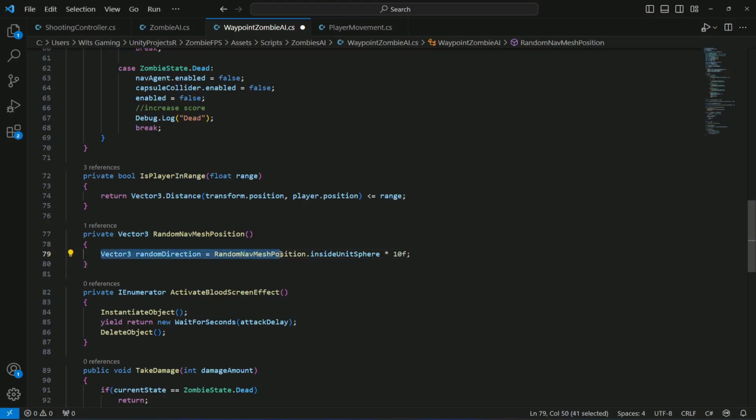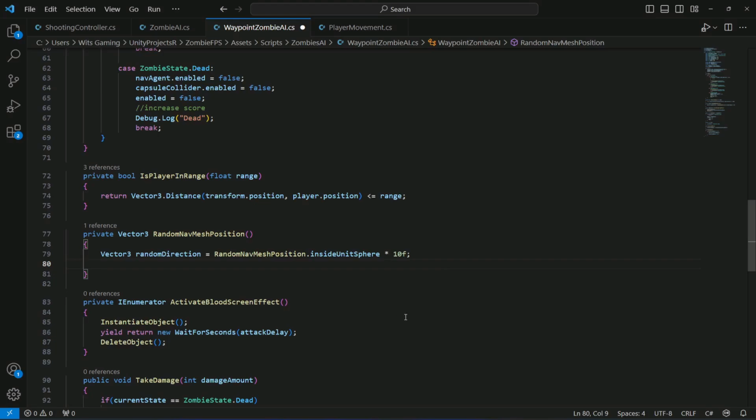So what this line will do is it will create a random 3D direction vector by the name of randomDirection, and then by using Random.insideUnitSphere, which creates random points within a unit sphere, and this is the sphere radius. You can increase or decrease this sphere radius value if you want. Now once we have this sphere,